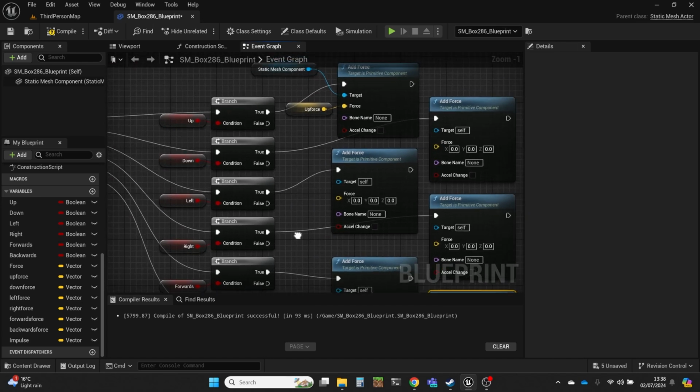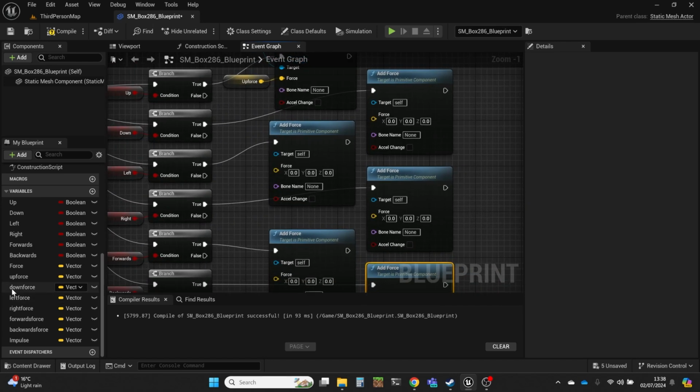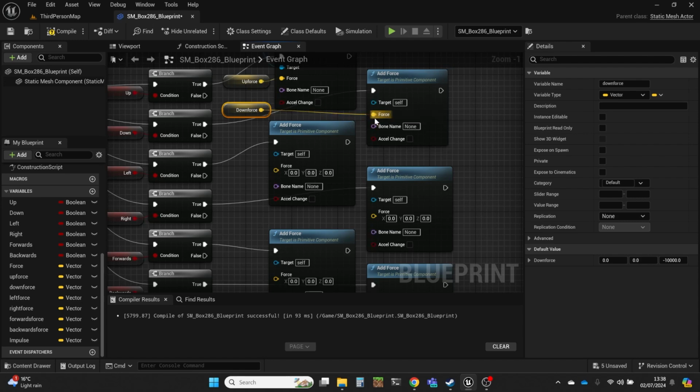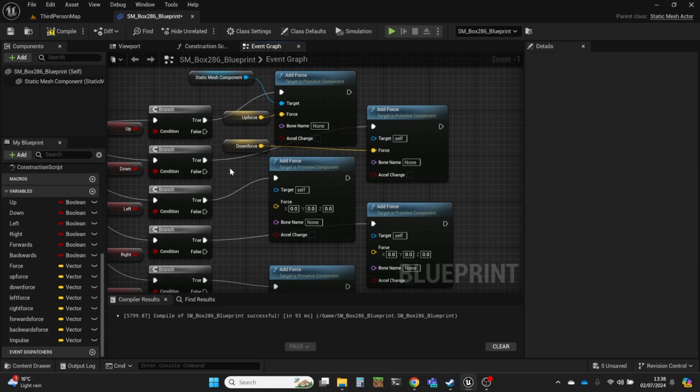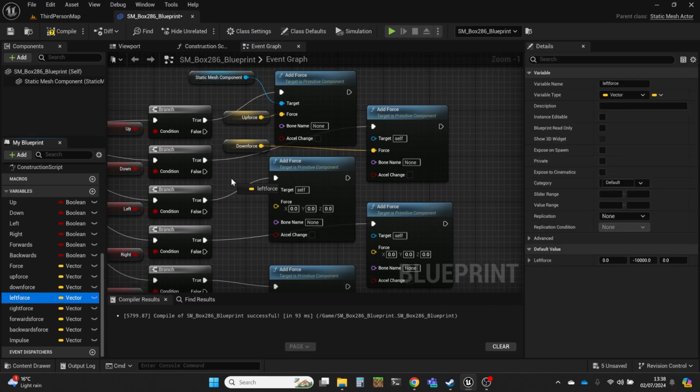Chances of me making a mistake in this are reasonably high, given I'm trying to think about what I'm saying as well at the same time as doing the stuff, getting the forces in, downwards. Yeah, I've got that already as a mistake. I want left, don't I? Left force. Okay.